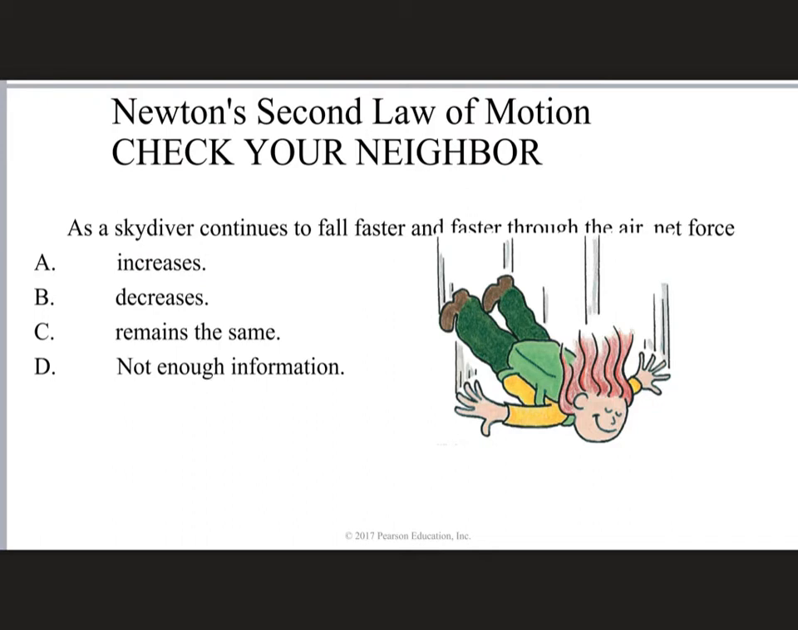All right, here's a trickier question. As a skydiver continues to fall faster and faster through the air, the net force A increases, B decreases, C remains the same, or D, there's not enough information. So let's think about this. The person is falling, and so the person's weight, or the force of gravity, is pulling them down. And then, before they start moving, that's the only force acting on them. But once they start moving, there's going to be a force of air resistance